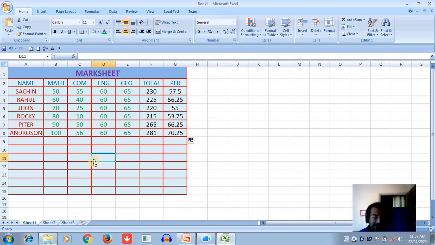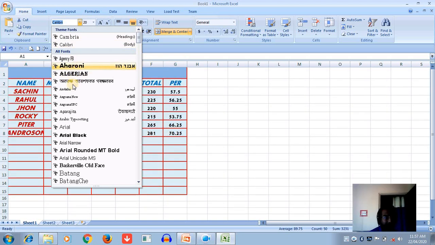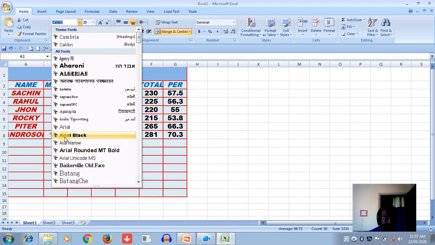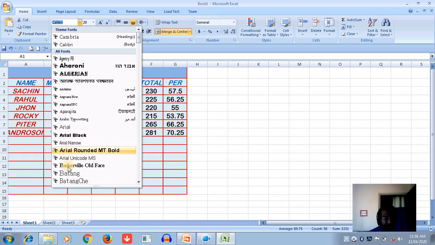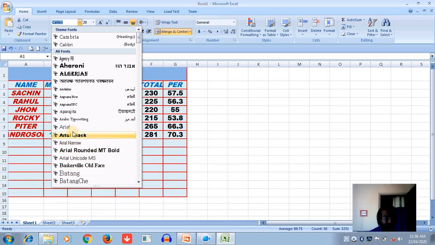I can also apply different types of options like bold, italic; select first, and then use it. Okay, you can see the preview of the text shown here. So the normal Arial, okay. Any text you have to use here.